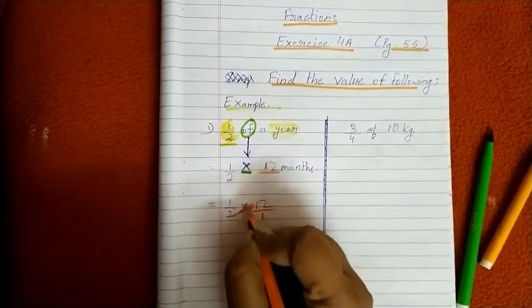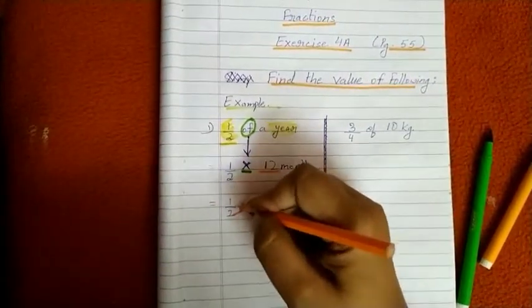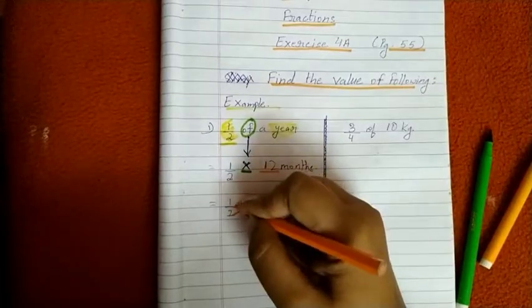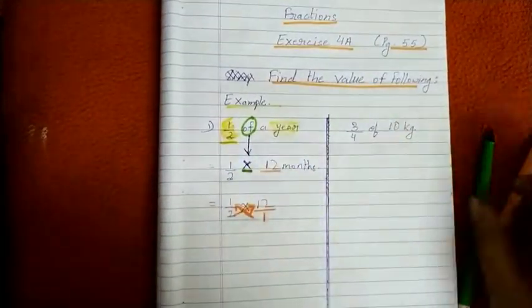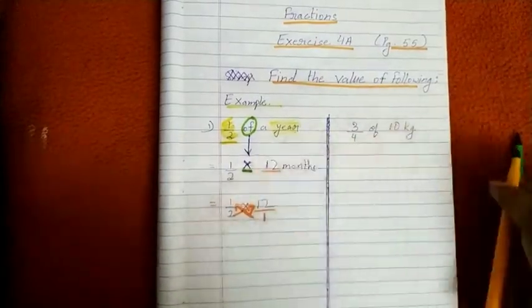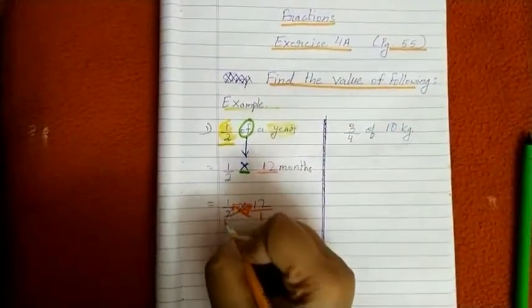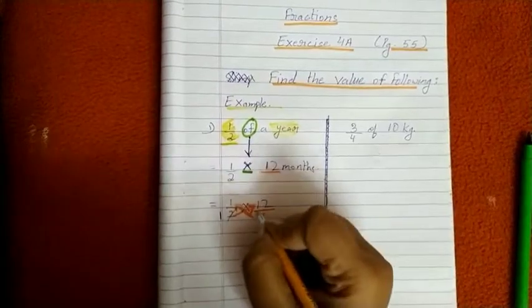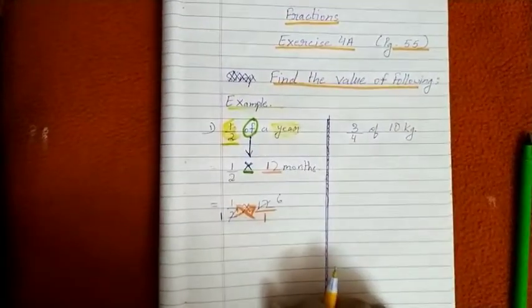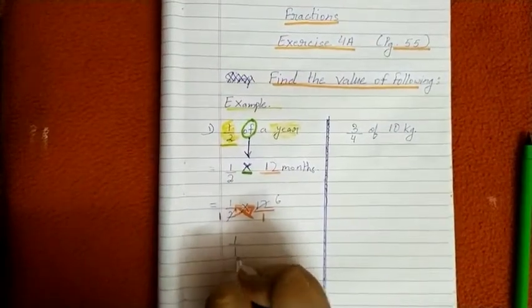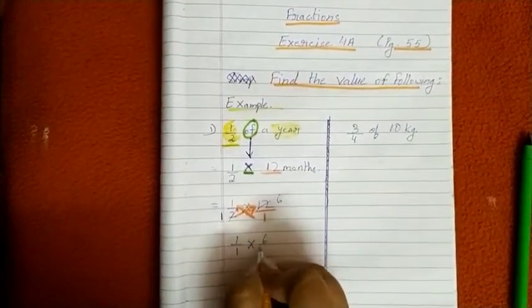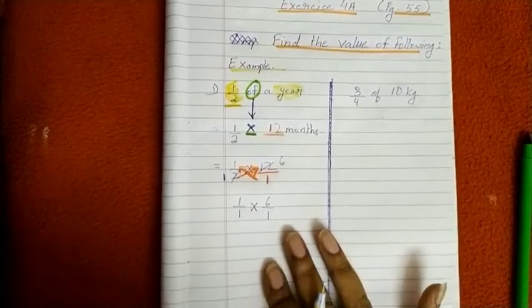So we will do, not multiplication, children. Basically, we will simplify like this. Now in 2's table, when 12 comes, 2 times 1 is 2, 2 times 6 is 12. Yes. Now how are we going to write? 1/1 into 6/1. Simple, children.